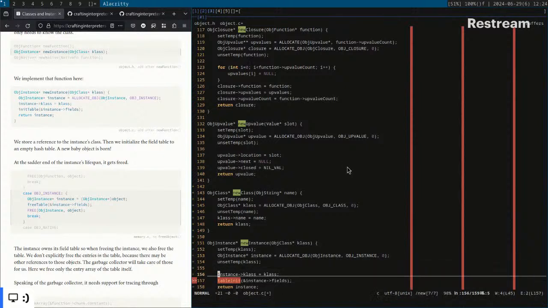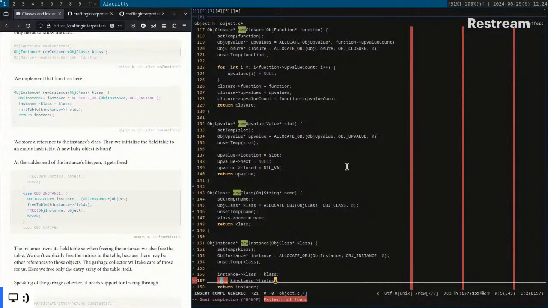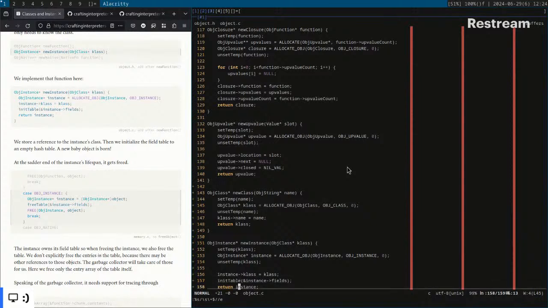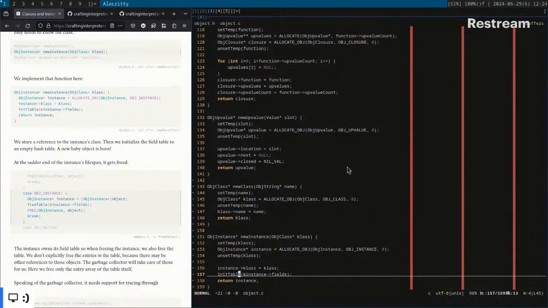Okay, I set the class. Then I init my table with the fields. Okay, that's all very good. And then we have